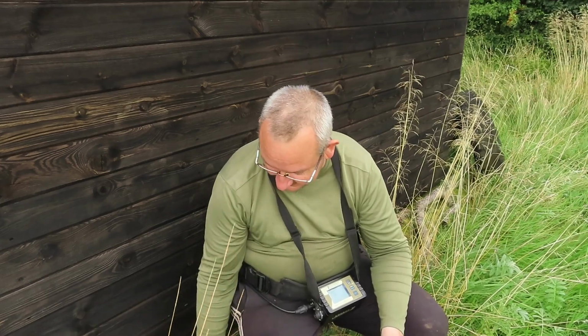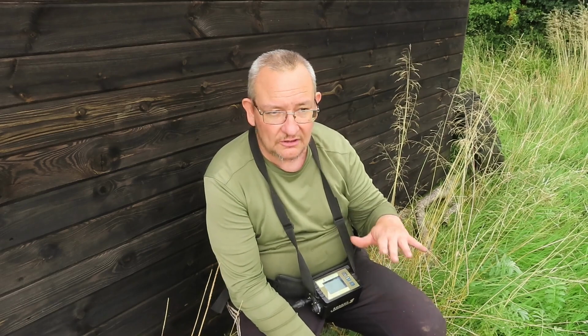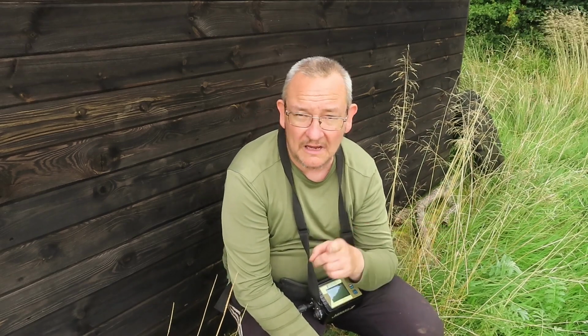I think they said that could be silver or aluminium. So it could be an aluminium can. Hopefully it's a hoard of silver coins. But the signal itself was quite a large signal. It covered a big area of ground. And when I raised the coil, I could raise the coil like a meter from the ground. It was still picking it up. Now that might have been another signal, but we'll find out together when I go over there after a short break,